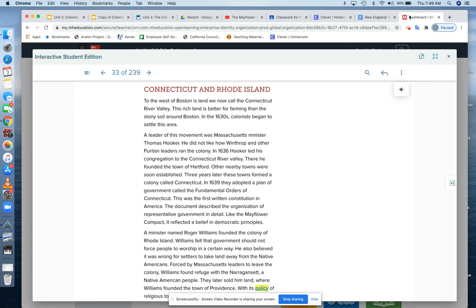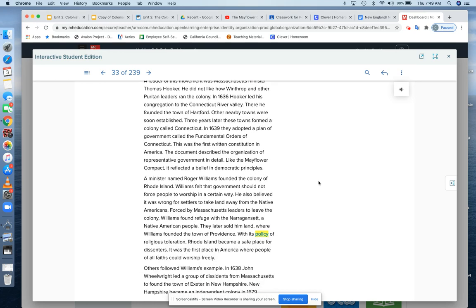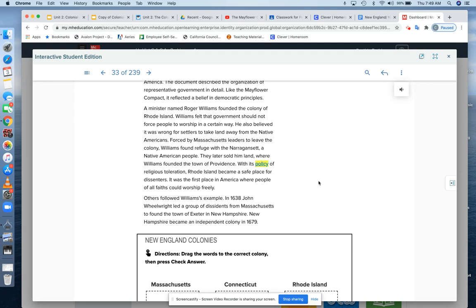Three years later, these towns formed a colony called Connecticut. In 1639, they adopted a plan of government called the Fundamental Orders of Connecticut. This was the first written constitution in colonial America, for the Europeans anyway. The document described the organization of representative government in detail. Like the Mayflower Compact, it reflected a belief in more democratic principles where people had a say in the government